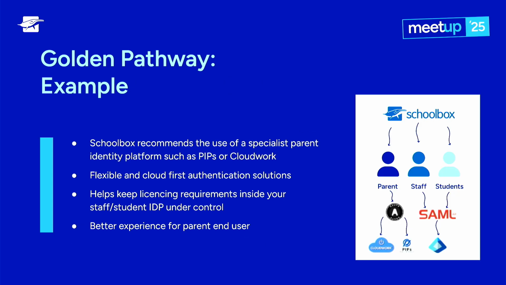All right, so this is just a bit of a diagram of how the identity methods work for each user role. The users don't really know what's going on in the background. They simply go to Schoolbox and choose their relevant button, and then Schoolbox directs them to the right identity provider, depending on whether they've clicked the button that's hooked up to SAML or hooked up to OAuth.